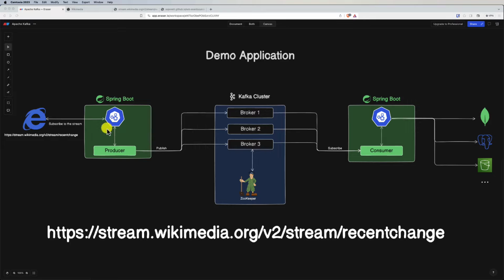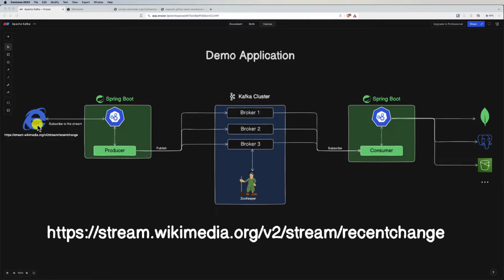So first we will create a Spring Boot project, and this will be our producer, and this producer will have an API where we can invoke or even start consuming a stream of data coming from a reactive REST API. So this reactive REST API is the stream of the Wikimedia, and I will give you an overview also about Wikimedia in just a few moments. So also you can see the link is in here, and I will also put it in the description of this video. So here our REST API or our reactive consumer will consume this data.